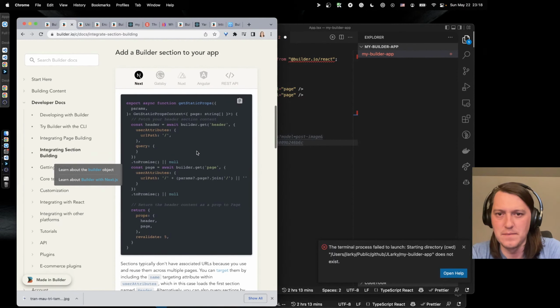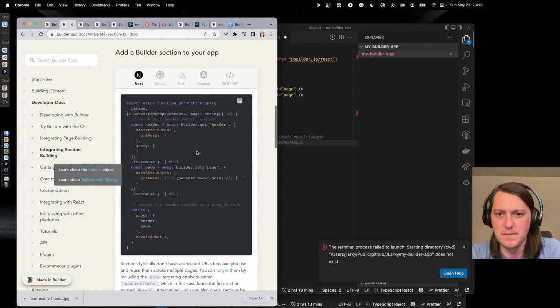Yeah. So I think we need Tailwind. That's probably the structure that we want to use.